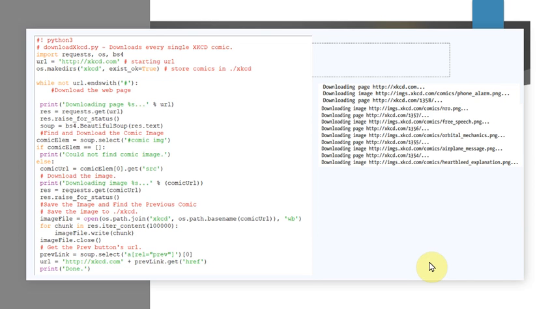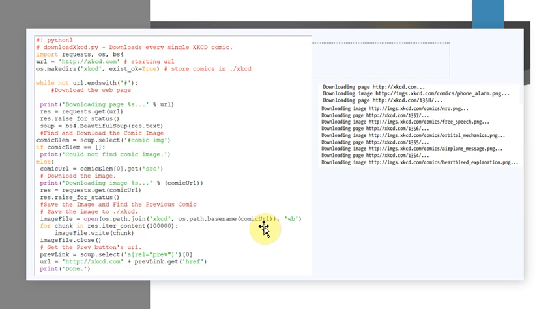Then we had seen the beautiful soup module. In the previous session, we had also seen a program, that is a script, which downloads the comic images from the site XKCD. On the site we have the previous button. You click on the previous button to go to the previous post, and then you download that.